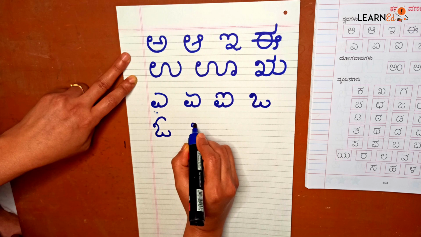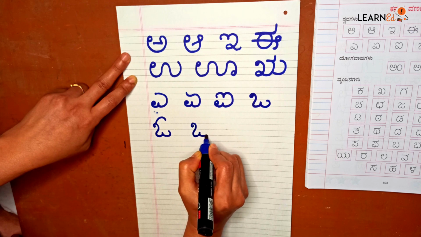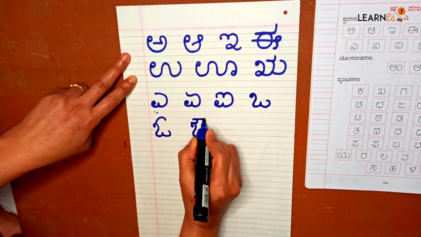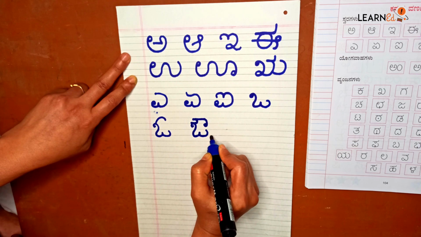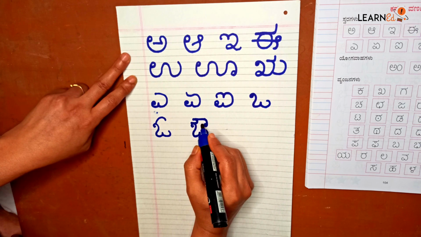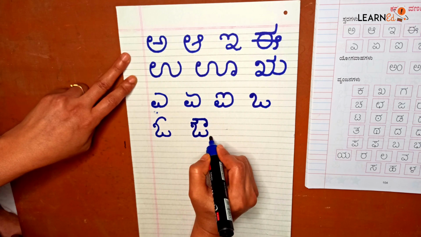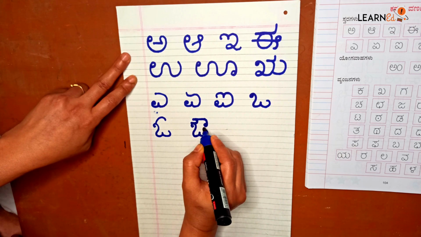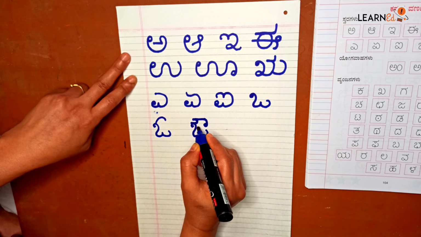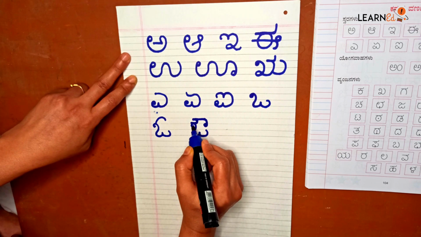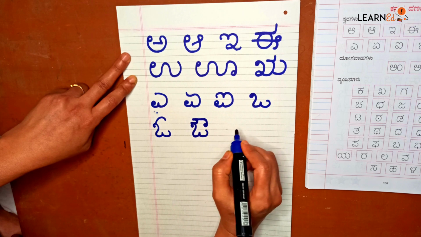Au. Stop it here. Don't bring it till down because we have another letter in Kannada that also little bit similar like this. That curve will come till down. So this is here, and don't do from side also because we have another letter from side. So it should be properly from top of the head. This Au.